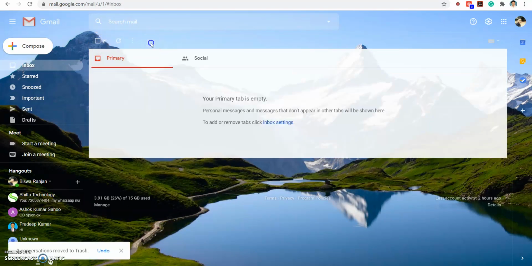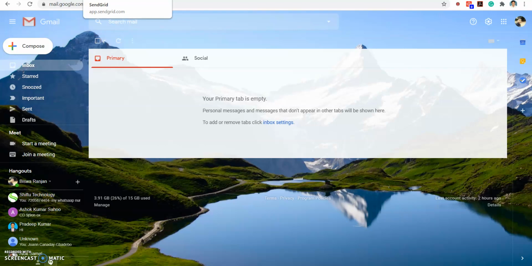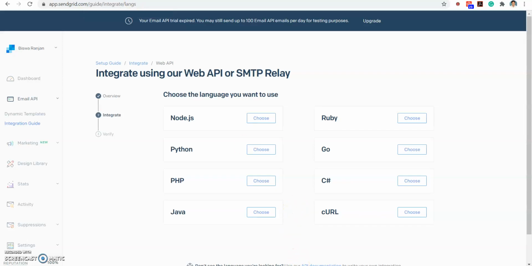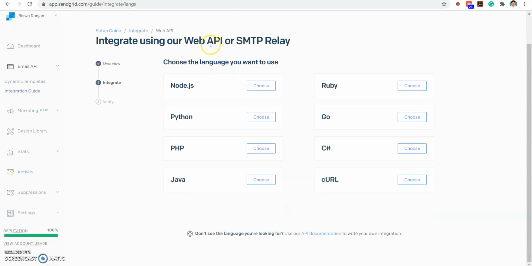Guys, SendGrid is a very easy way to send emails, and no need to worry about your own SMTP server or any other whitelisting or blacklisting or spamming of the email. If you are using SendGrid, SendGrid will take care of all these things. You can find their web API code also and their SMTP relay code also.